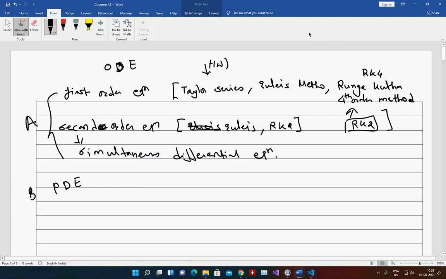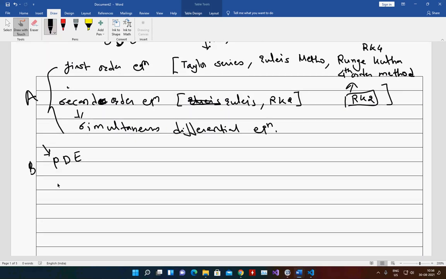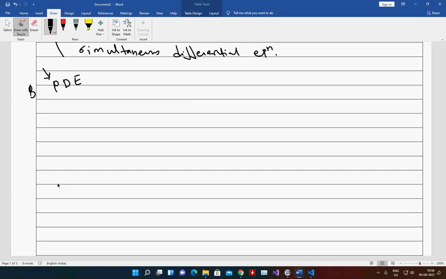Okay, so syllabus is huge. So this takes a lot of time to complete. This we can cover up very easily. So programming on ODE is very easy. The toughest programming is on PDE. So PDE is the toughest topic for the programming. Okay. So today we will start with the Euler's method for first order equation.